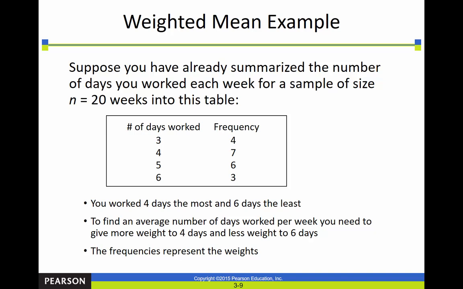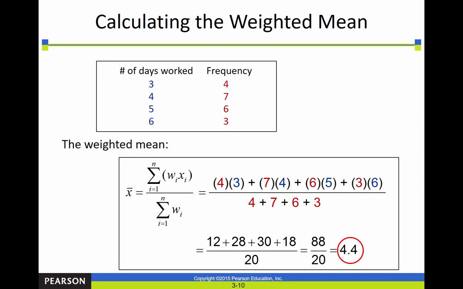So here's an example. If you already summarized the number of days you worked each week for a sample size of n equals 20 weeks into this table, on some weeks we worked 3 days, some 4, some 5, some 6. And then there's the frequency, how often that occurred. So if we want to find the average number of days worked per week, we need to give more weight to the 4 days because there were more times when we worked 4 days, and less to 6 days because there were fewer times. So the way we do that is we take our W